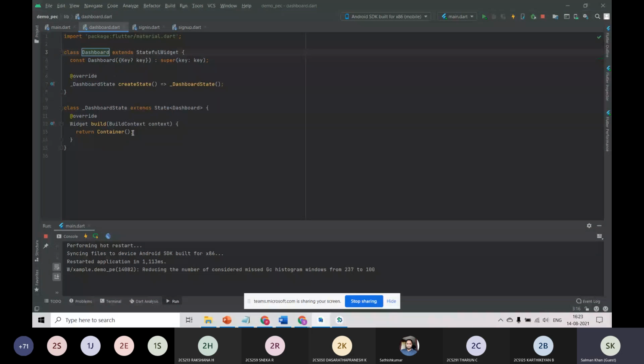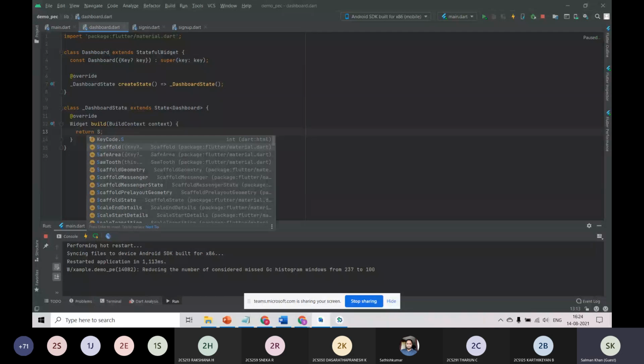Here, I don't want to use the stateful widget. Stateless is enough, but okay, we can use it.